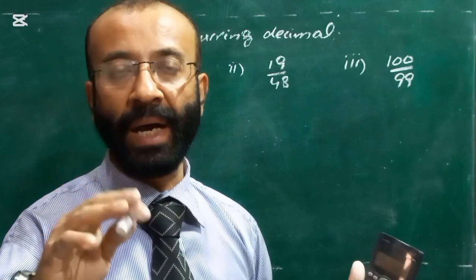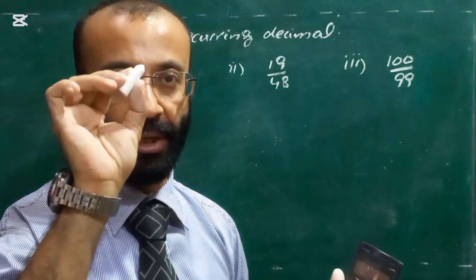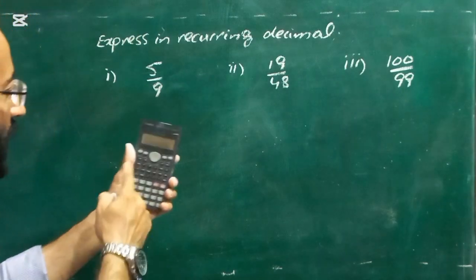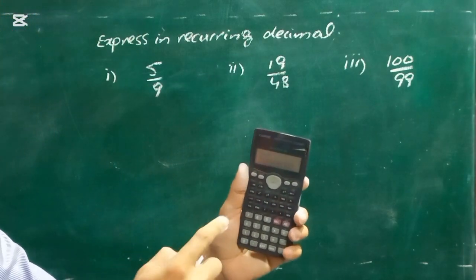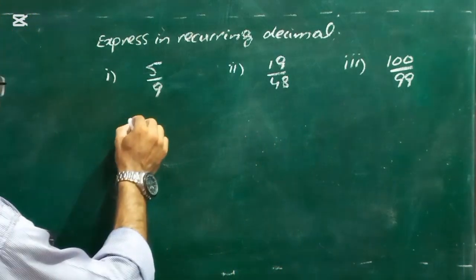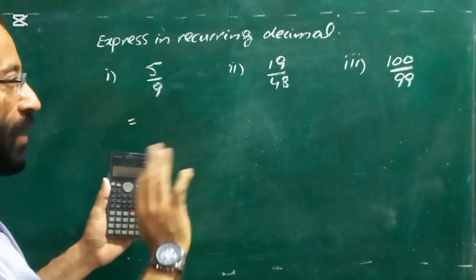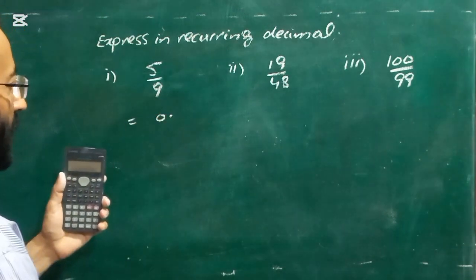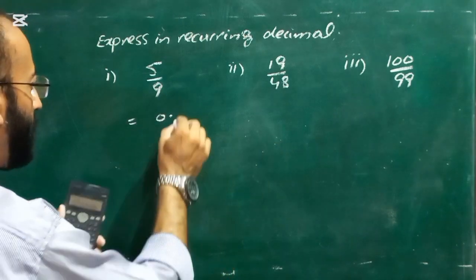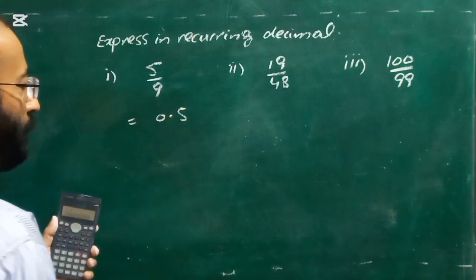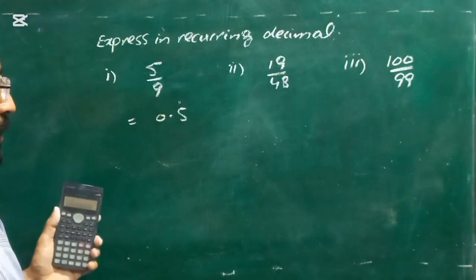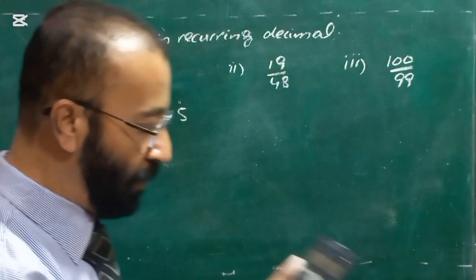So the method to write this fraction will be, first we will divide it on the calculator or manually, and the numbers which are repeating, we will put a dot above that number. Because on the calculator you can see 0.55555, so 5 is actually repeating, the rest of the values will remain the same. For example, 0.5 will remain as it is, only 5555 is repeating, so 5 will be written one time and a dot will be placed above it. So this is the second part now,